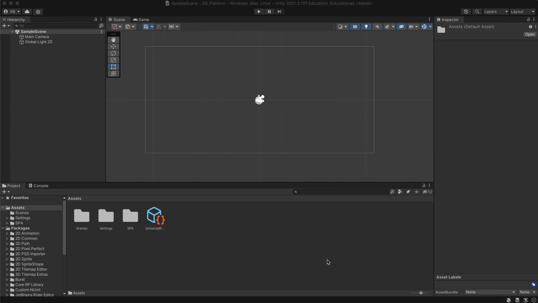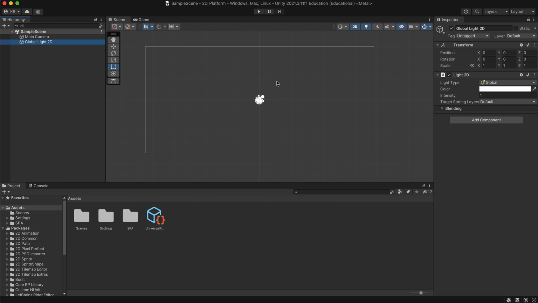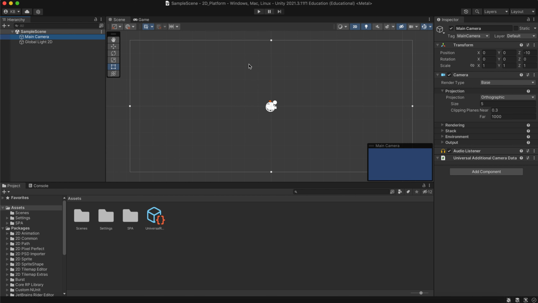Lovely. So I've just created a basic 2D template, and this is a URP, a Universal Render Pipeline. So this has lighting in it as well, but we can go into a bit of that later. But for now, for these couple of videos and probably for the next 3 or 4 videos, we're not even going to worry about that at all. So first things first, we have got our game here, and we're going to want to create